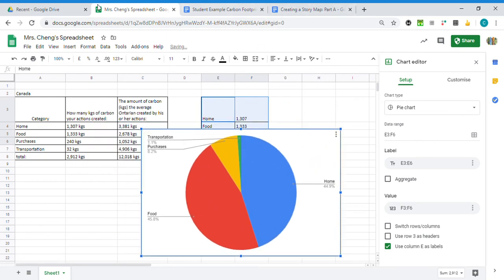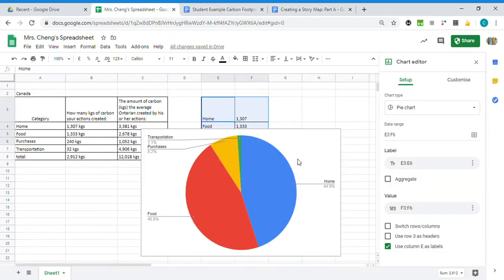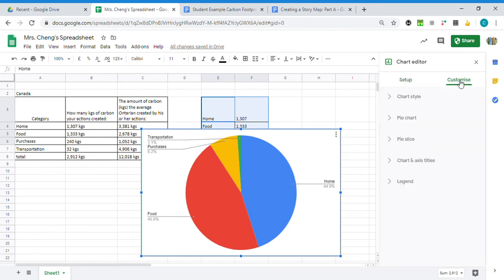Now, if I go back to my information sheet, it tells me I'd like certain colors. So how can I change that? On Google Spreadsheets, you have little dots here at the corner. If you touch it, it says edit the chart. So I'm going to click on that, and you can see here that if I want to customize, I can go here. Customize just means you're going to make something to suit your needs or what you want it